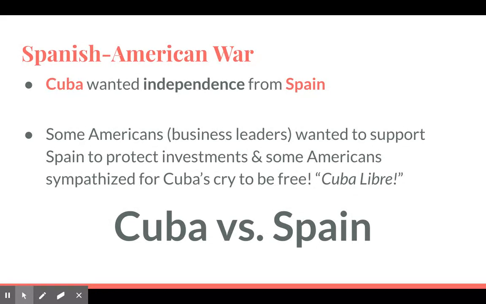Some Americans think that we should support Spain. Some Americans think we should support Cuba. Some Americans say we should mind our own business and not get involved at all. But the moral of the story here is that the issue starts with Cuba versus Spain. And America's just kind of sitting, saying, do we want to get involved? And if so, who do we want to support? And then